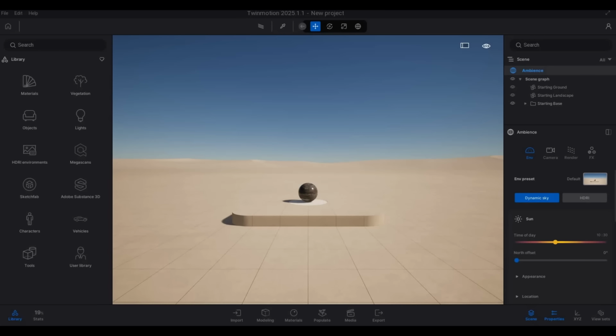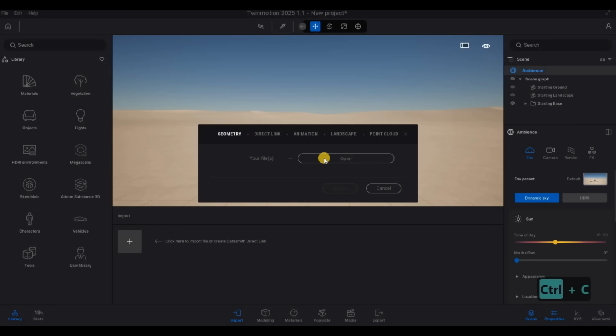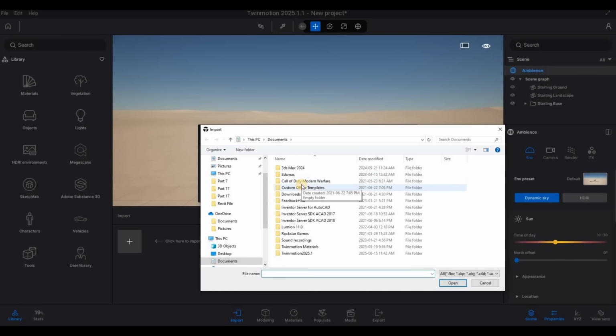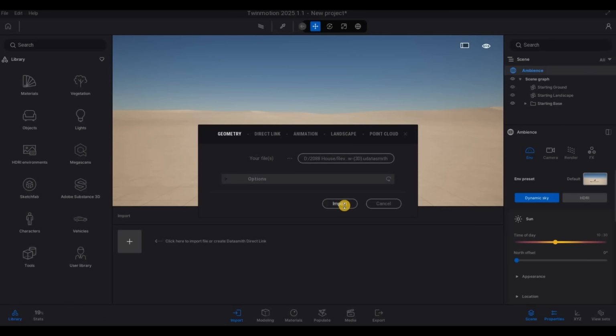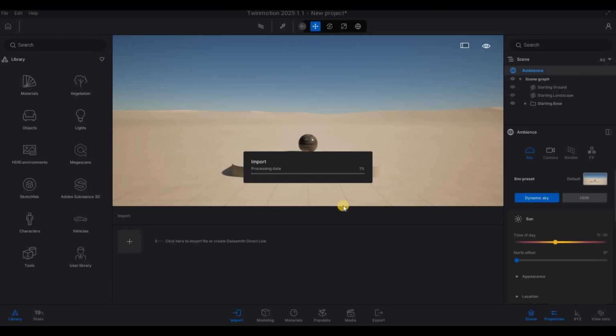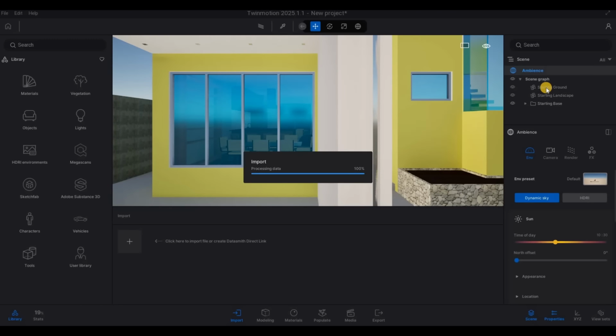I have my Twinmotion opened already. After that, I'm going to click on import and click right here, and then geometry, open it, and then go to the location where you save it. I save it right here, and then click this one right here. Click on open and then click on import. So once you have all of those, you want to make sure that